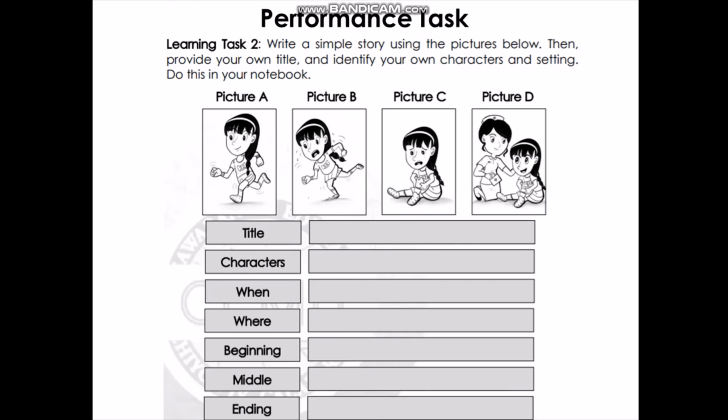Again, you will answer it on your paper. Performance task, learning task 2, and then you write title, characters, when, where, beginning, middle, and ending. You base your answers on the pictures. Picture A, picture B, picture C, and picture D. If you're done with that, you will pass it to our Google Classroom, or you may send it to me on my